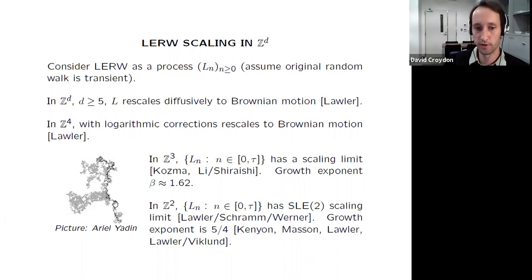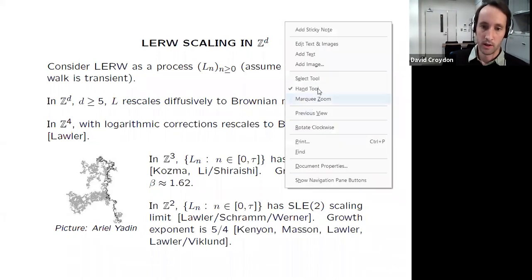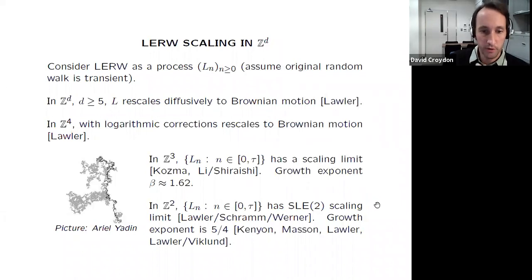And so the behavior of the path is generally quite different to the random walk here. So in particular, what's known is that it doesn't have this diffusive type scaling anymore. It has now an SLE type scaling. And like I mentioned before, the intuition for this was provided by Schramm, and Lawler, Schramm, and Werner made this convergence rigorous.